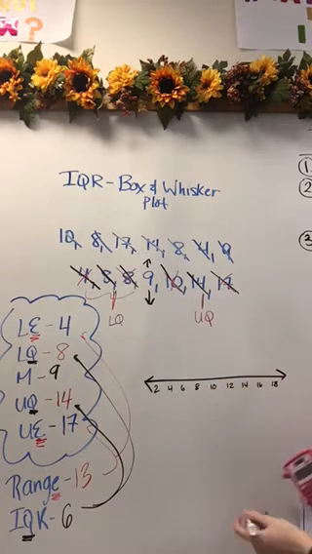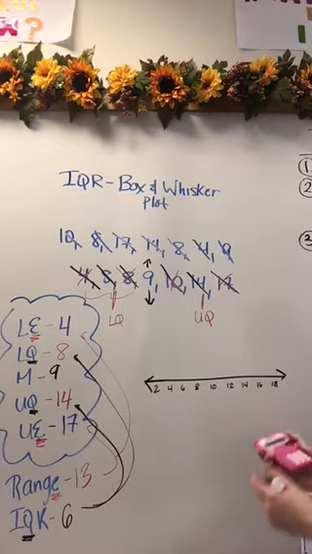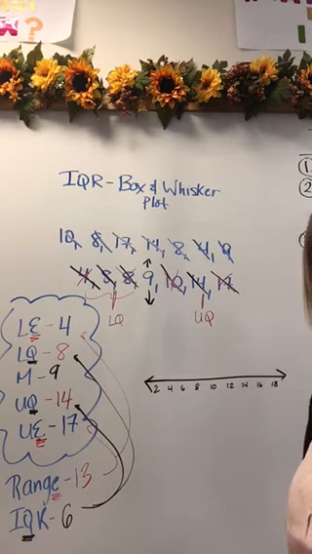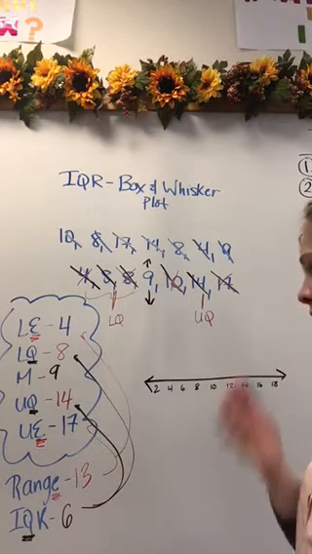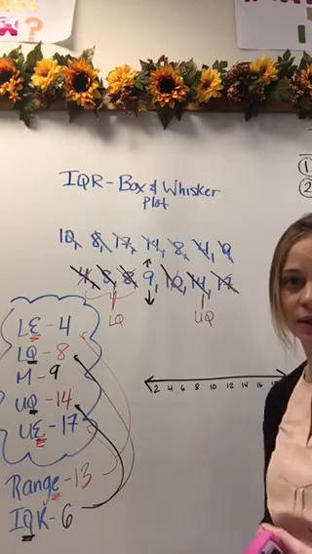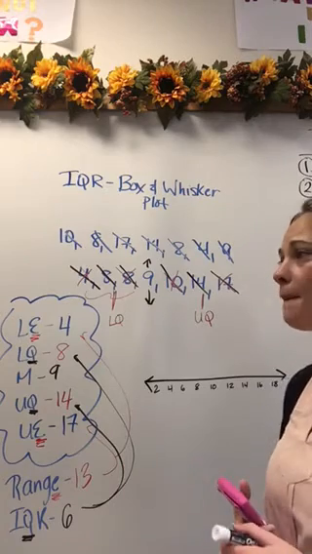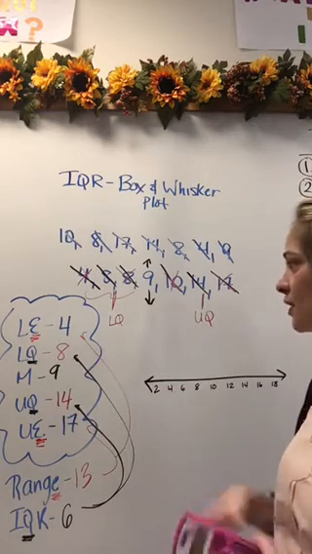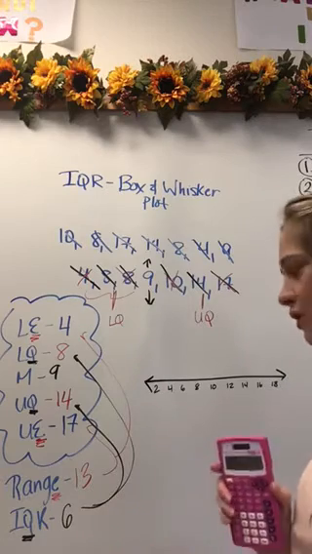And when I count by 2s, it kind of gives my number line a bit more flow, and I don't necessarily need to count by ones because the numbers fell comfortably within the number line. It is your determination of how you want to count on your number line. Sometimes if the numbers are larger, you might want to count by 5s or 10s. But in this circumstance, because the numbers ranged from 4 to 17, I felt counting by 2s is a bit